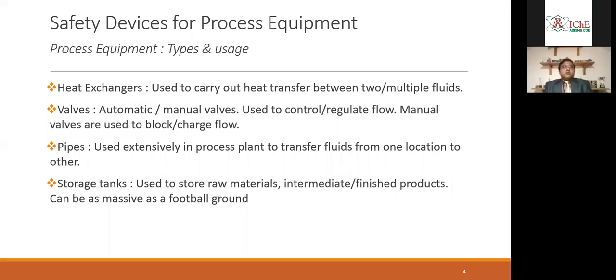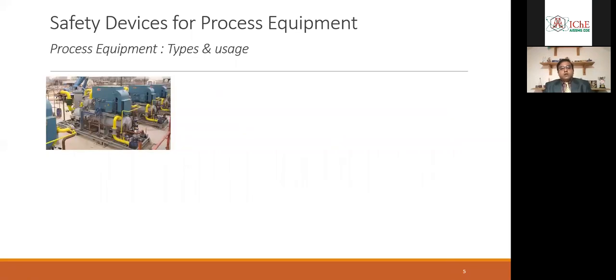I think in the last webinar with Ashish, he introduced you to the refineries. For the refineries, the crude storage tanks sometimes are massive. You can see if you get a chance to go to the Reliance refinery, which is I think now the second biggest refinery in the world. So you will get to know this. So these are some pictures to give you a first-hand view.